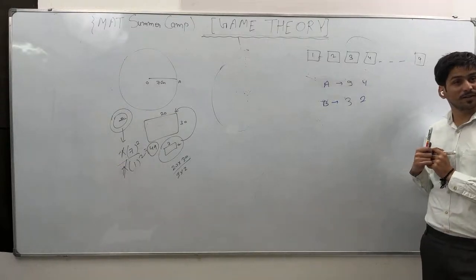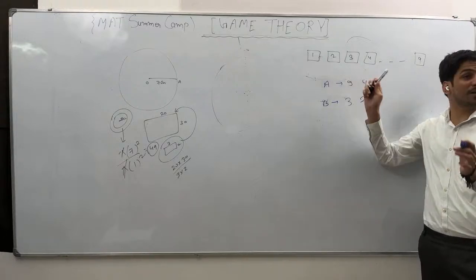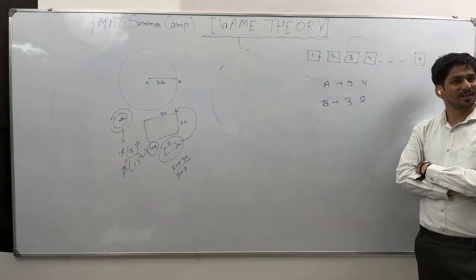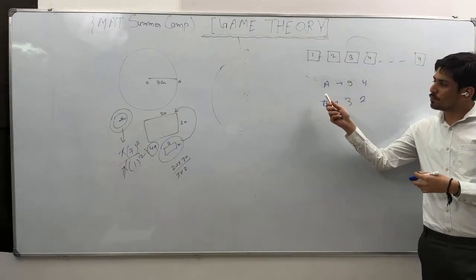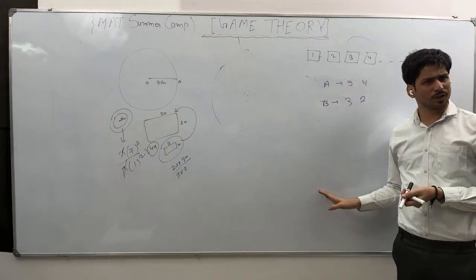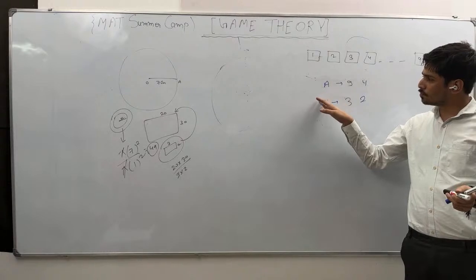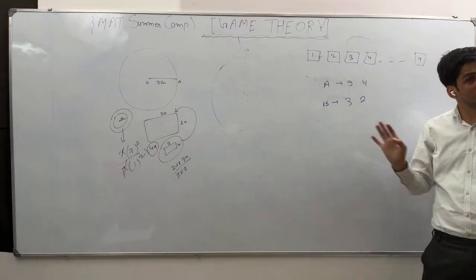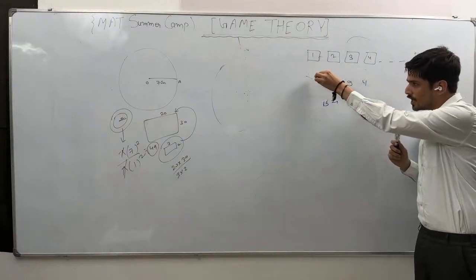How can B win? How can B win? You have already taken 9, so how will B get 15? Definitely B doesn't want to win. B's purpose is either to draw the game or to make A lose. If it's a draw, then B doesn't want to win. B wants to stop A from winning.